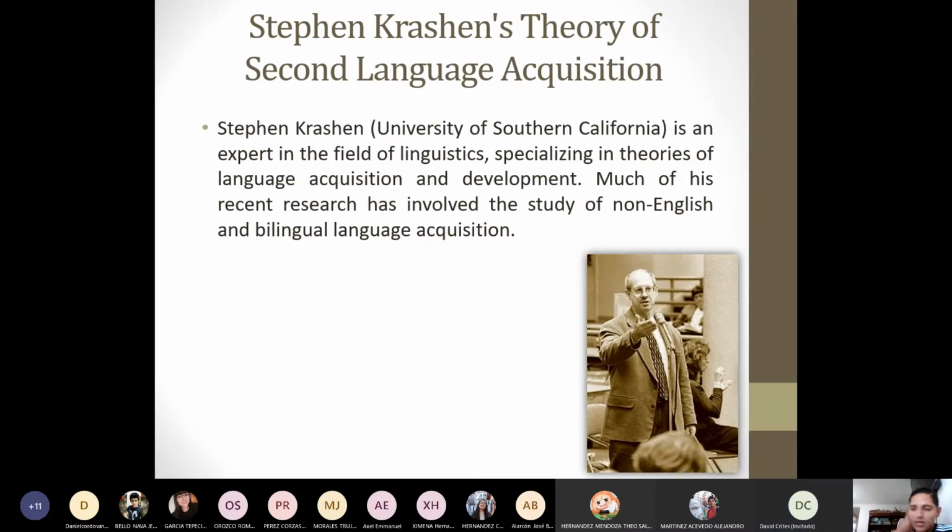Now, according to Krashen, that's a very different story. According to Krashen, the use of L2 should be employed at all times in the classroom for everything. And for the students to keep motivated, or for being motivated, you might make use of an affective filter. Okay, so he took into consideration the affective domain,